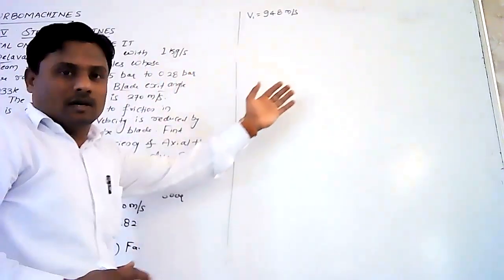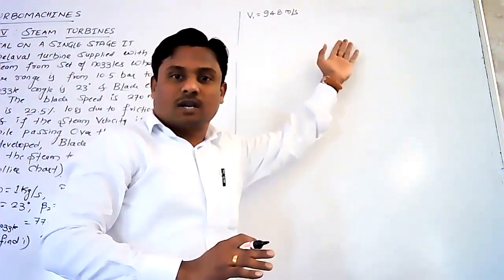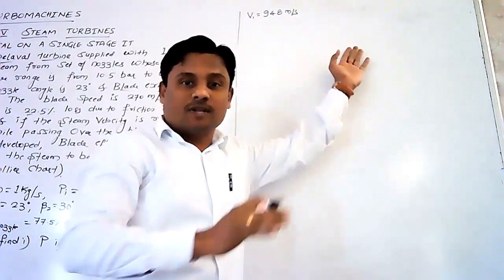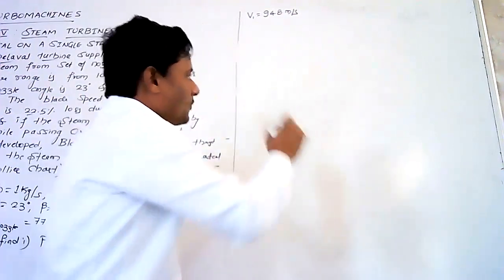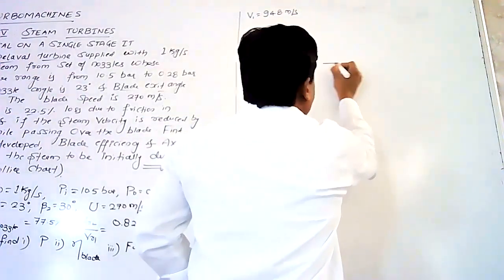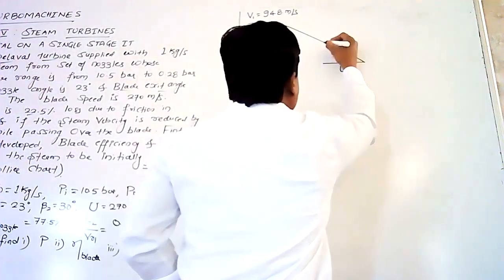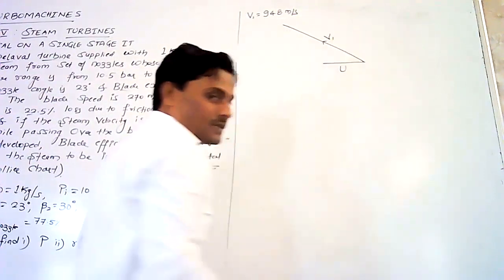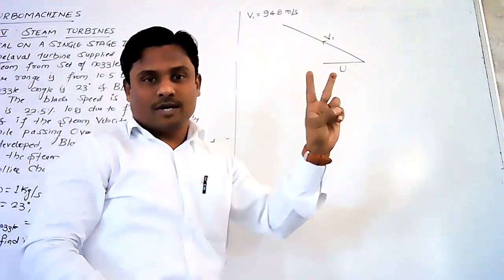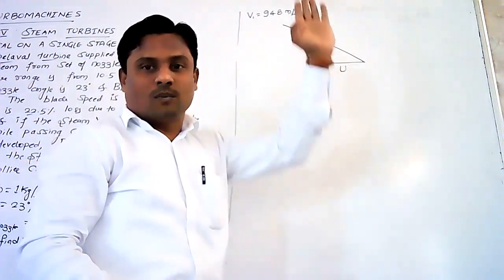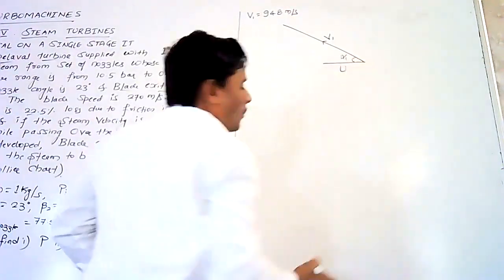Let us draw. This diagram is completely a rough sketch. It is not to scale. We will use this rough sketch as a reference for the actual figure which we are going to draw on the graph sheet. This is a common base U. This is the inlet velocity triangle. The absolute velocity V1 is inclined in nature, so it has two components, namely a horizontal component and a vertical component. Alpha 1 is the angle for V1.